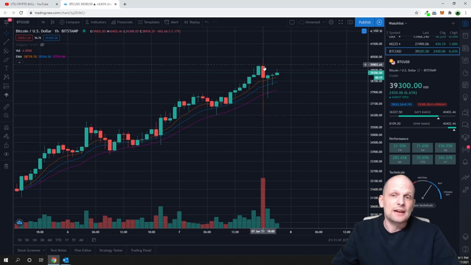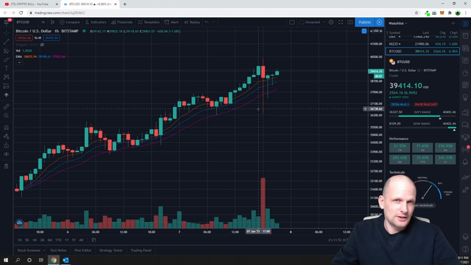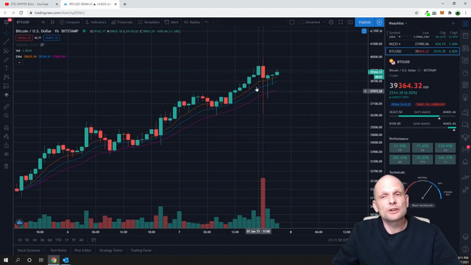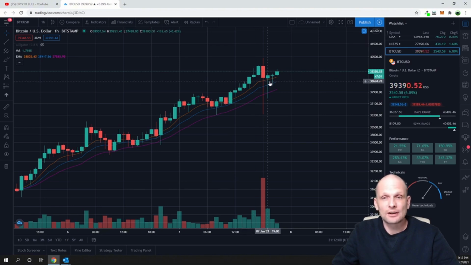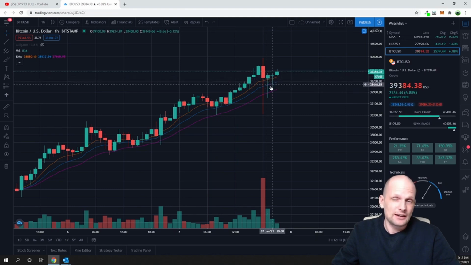Like I mentioned, here we had a huge pullback. This means that there was a huge seller who decided to sell, who decided to dump this market or whatever his intentions were, guys, but definitely his intentions were not to get rid of his Bitcoin. Then we see that this was bought up rather heavily, and just by price action we can see straight away that there is someone who is buying Bitcoin very heavily, because in the next hour, in the next candle, we can see the same, that there was again an attempt to dump the market, but the market was not even dumped so far. This means that the seller, or